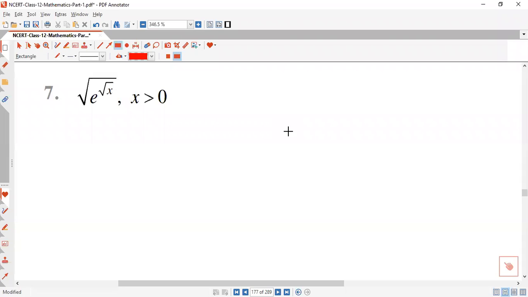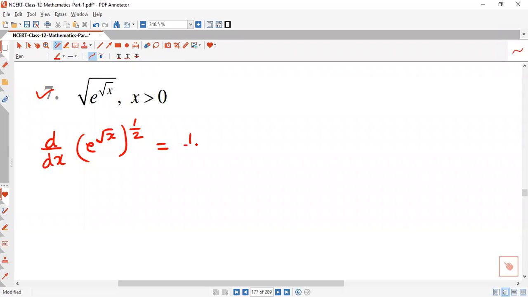Now we want to do question number 7. We want to differentiate this function with respect to x. So how can you write down this function first? You write down the simple function dy/dx. We say square root, so we write the power half. E raised to root x, power half. Okay, now we differentiate this one. We get half, same power, e raised to root x power half minus 1, say half minus 1 into